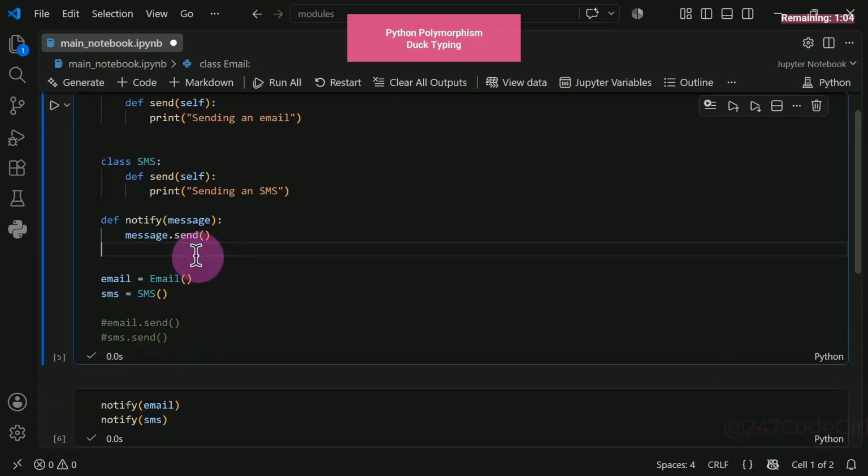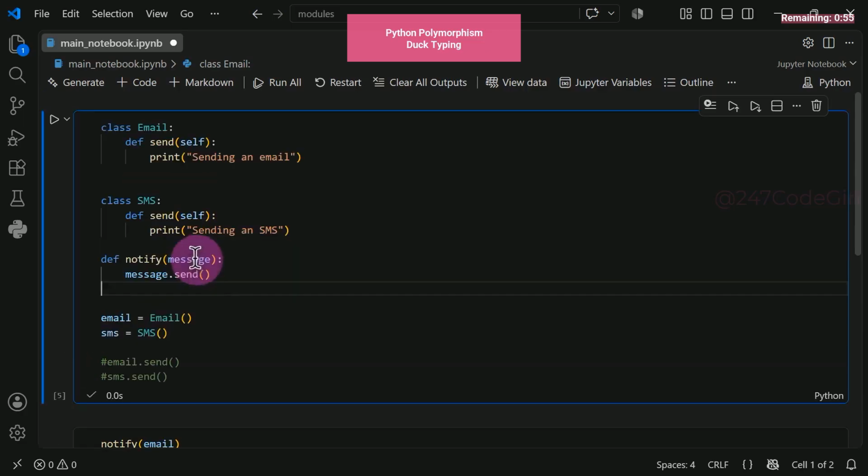This is Python's take on polymorphism, where other languages like C# are far more strict. In C# you have to declare an interface and wire everything up. With Python, you can pass in pretty much anything. As long as it has the send method, Python will execute it. You never had to declare it as a type of SMS or email. None of that was needed. You passed it in and it ran the send method.